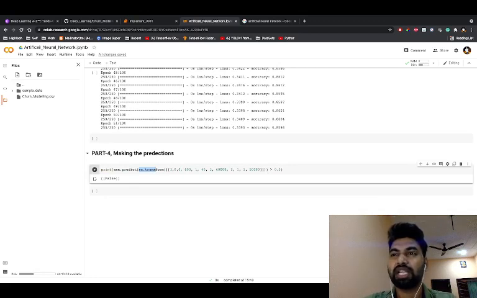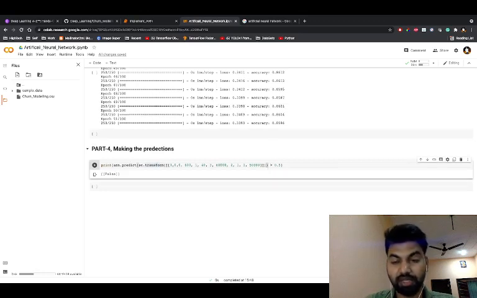Why ST dot transform, guys? Because we need a transformation on that one, because the input data which we already fed to the network is transformed, right? We did a standard scaler on that one. So this prediction data also needs to be passed through the transform itself, right? So here, the first input is for the geographic location, right? Again, we pass the required data and the salary, right?